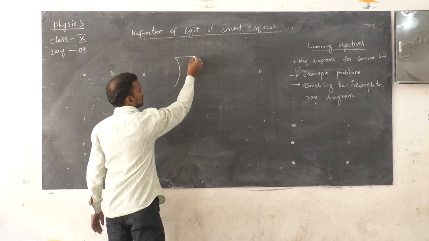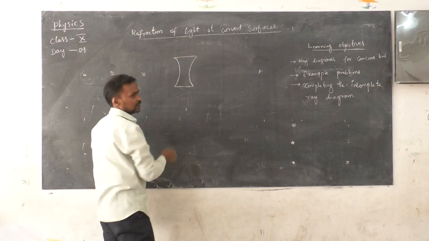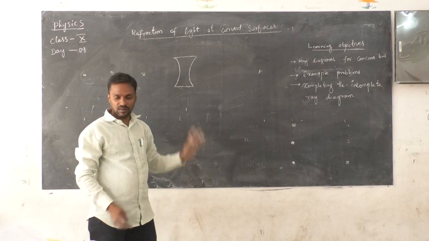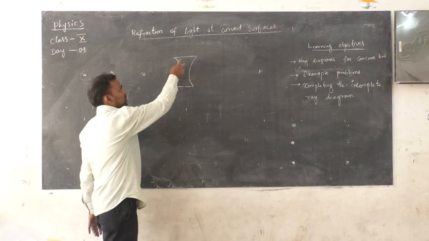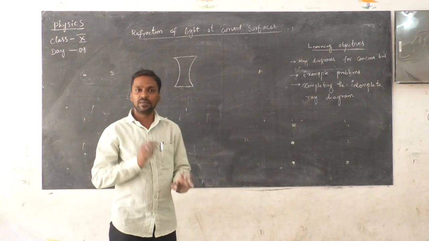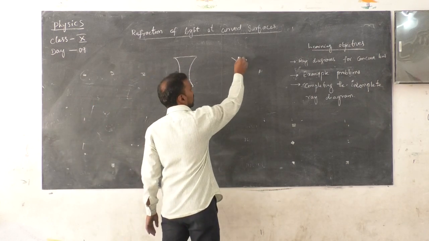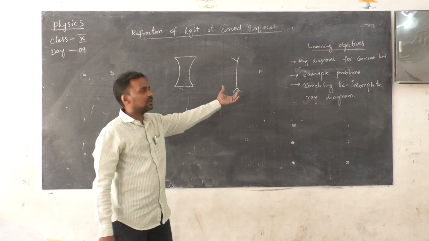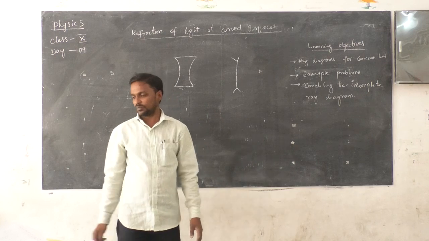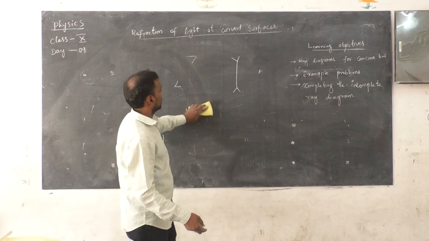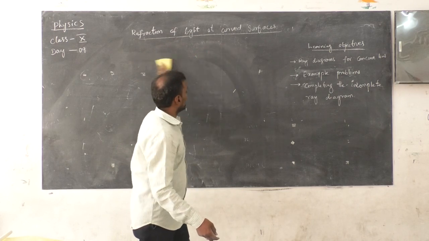So I will be taking a concave lens. This is a concave lens. We have two inward curves. This side is an inward curve and this is also a curve inside. So instead of using this lens, it is very convenient for everybody to use the symbol of the lens to draw the ray diagrams in a very specific manner in a very short time. So let us draw the ray diagram.